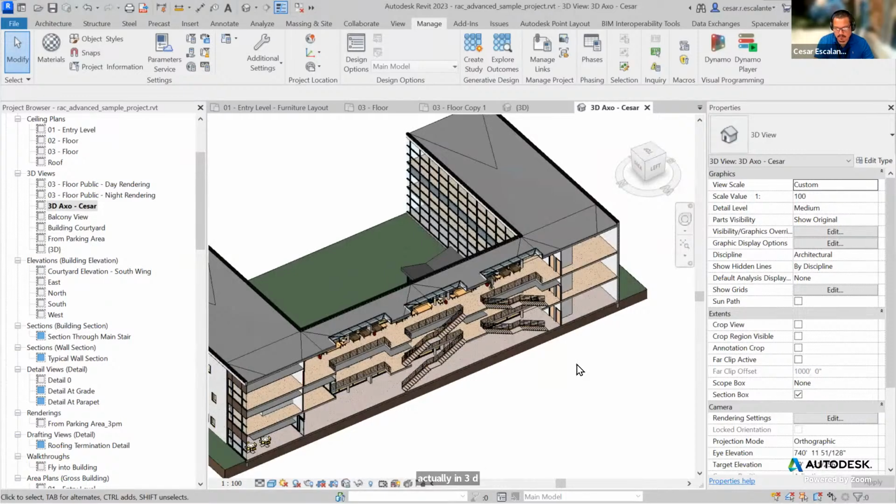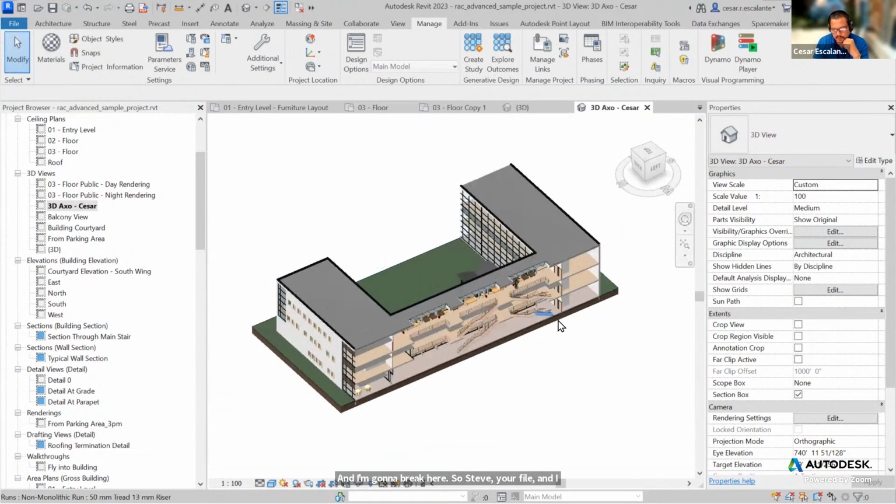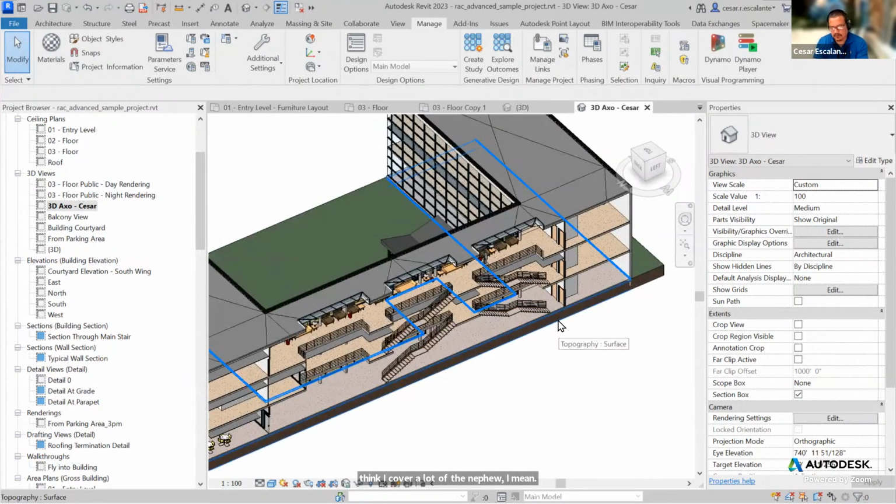And I'm going to break here. So save your file. And I think I covered a lot of the navigation: zoom in, zoom out, orbit, switch things on and off. We need that front end understanding of how to manipulate things in Revit before we can get started on a project. So next class, next Monday, we're going to start a project from scratch. We're going to start with the levels and then the grids and then the columns,